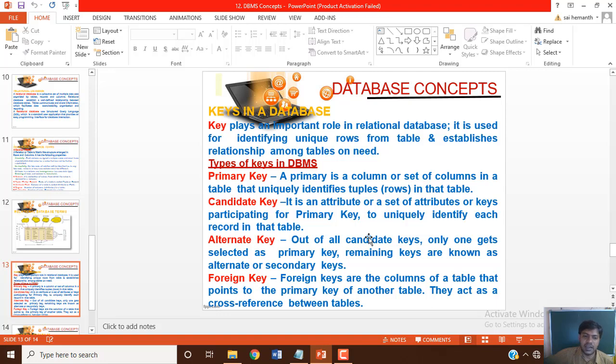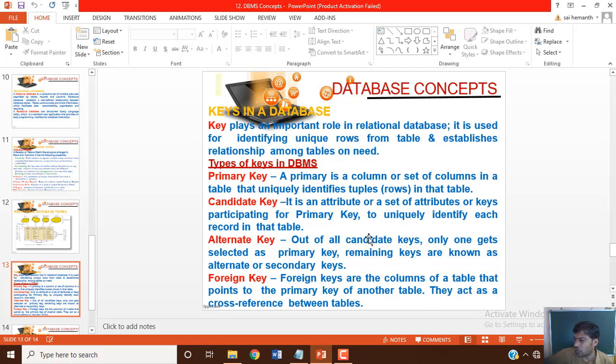However, a primary key can be one field or a combination of more than one field. That is, one particular column itself you can call a primary key, or a group of columns, more than one column together, you can specify as a primary key. But when you use such a combination, both should be unique in nature in that relation.